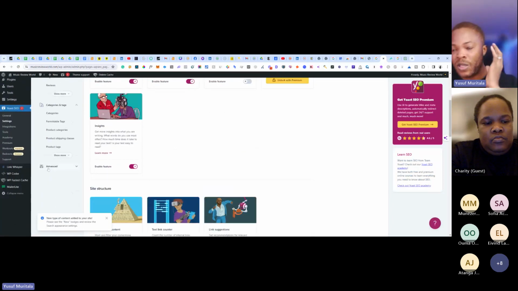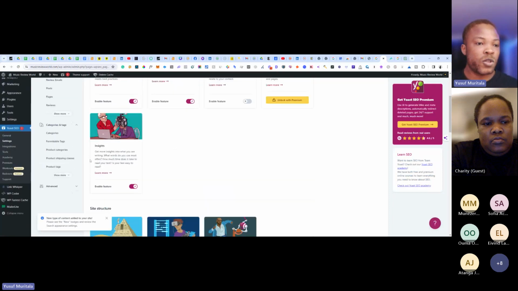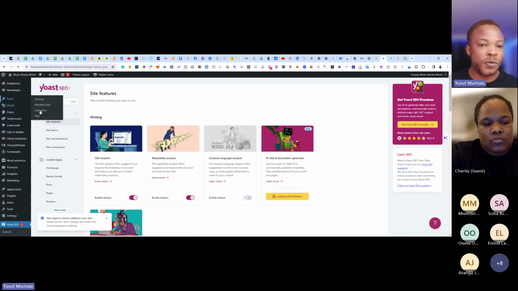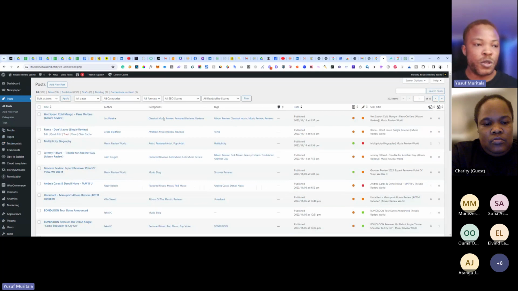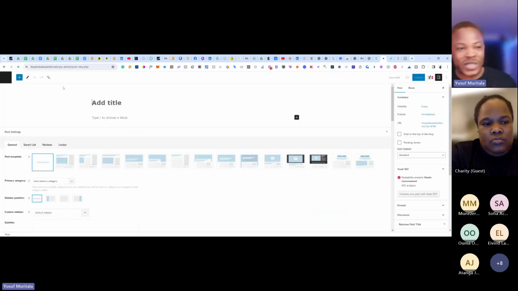But for now, it's just to focus on how to optimize the content, which is the most important. No matter the tool you are using, you must understand how to optimize the content. So that is that for that tool, and it's the only tool we are going to use for today. And of course, that's the most important tool for you to optimize your content.